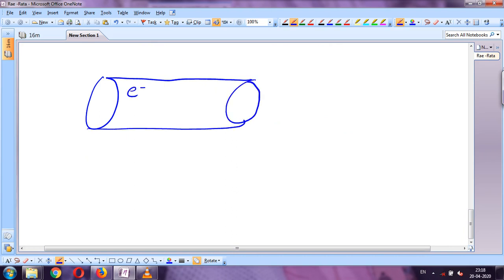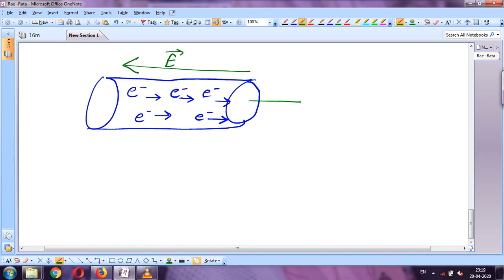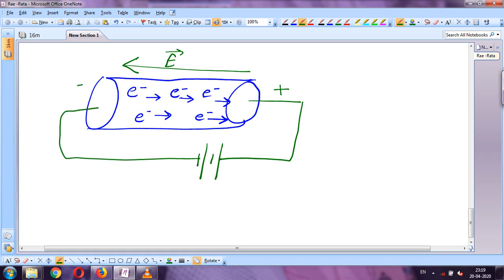If we apply electric field, then the electrons which are negative charge carriers will start moving in a particular direction. And in which direction will they move? They will move opposite to the direction of electric field. Suppose electric field is in this direction. Electric field will be in this direction when positive charge is connected towards this end and the negative charge is connected at this end. Then only from positive towards negative you will have electric field, and opposite to electric field electrons will be moving.